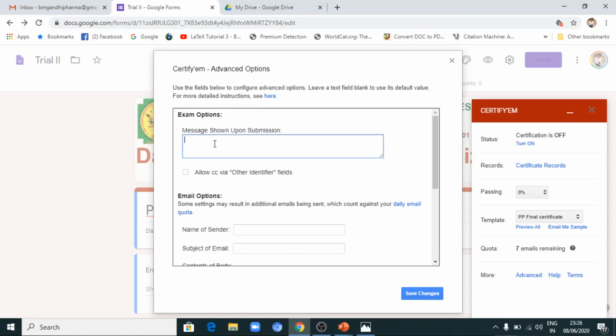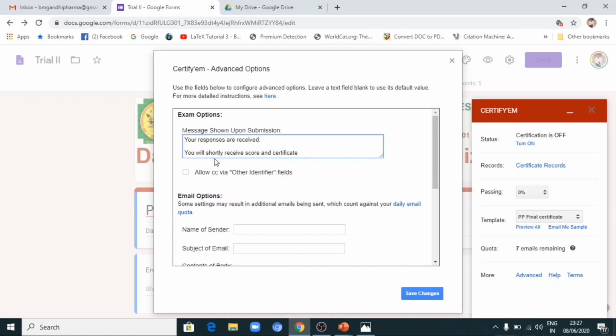You can type: your responses are received and you will shortly receive score and certificate.